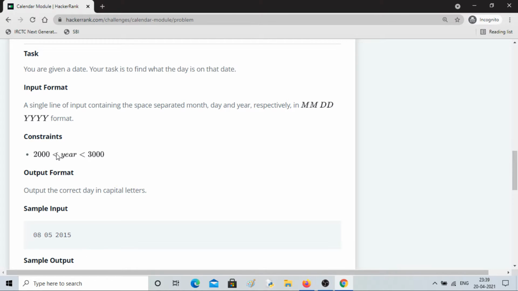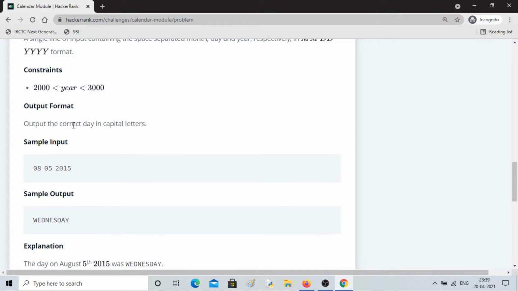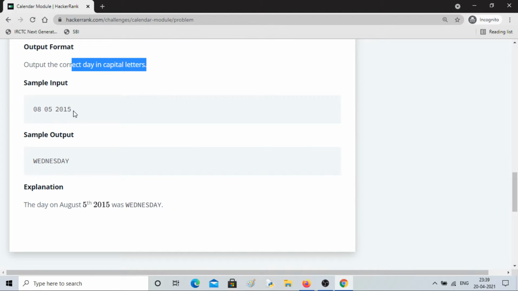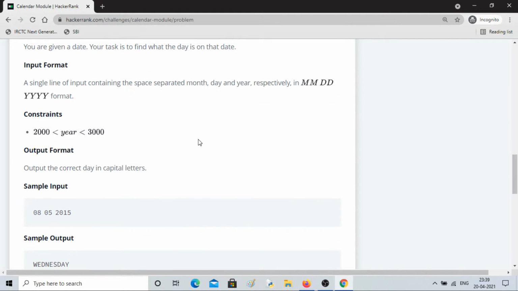The constraint is the year has to be between 2000 and 3000, and in the output we have to write the day in capital letters. For example, 8/5/2015 was Wednesday. So 5th is the day, 8th is the month, and 2015 is the year. You can see August 5th 2015 was Wednesday.